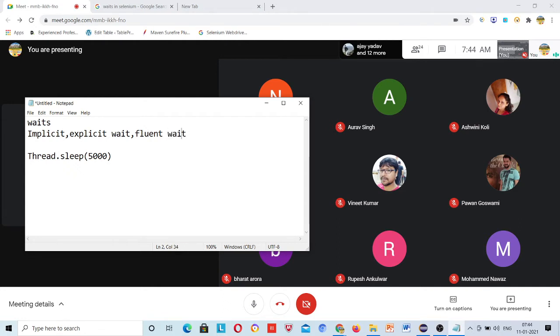But be focused on these two, okay, because in your project you are going to use implicit and explicit wait. So these guys came up with these 3 waits, right? Selenium waits: implicit, explicit, and fluent wait. So now what does implicit wait say, or explicit wait? Everybody is going to ask you what are Selenium waits, then you will give a definition, right? And then people will simply ask what is the difference between implicit and explicit wait.